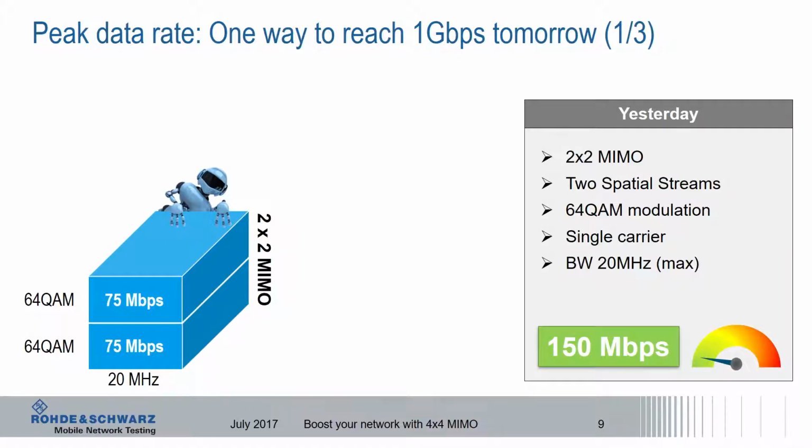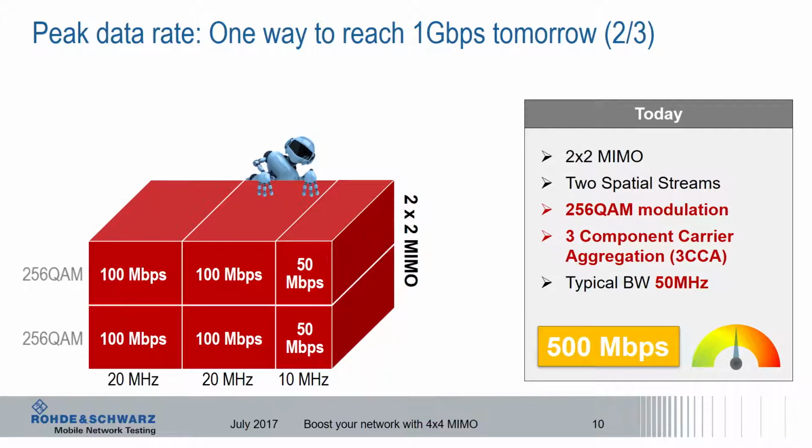Peak data rates. Although I like analogies to cars, I decided this time for rectangular tubes for transporting something, a fluid for example. So the width of the tube is the bandwidth of the carrier, and the height is the modulation encoding scheme. So one tube here with 20 MHz bandwidth and 64 QAM modulation encoding scheme can carry 75 megabit per second. 2x2 MIMO is represented by 2 tubes on top of each other. So in total, this makes 150 megabit per second for 2x2 MIMO, and this is standard LTE from release 8 onwards.